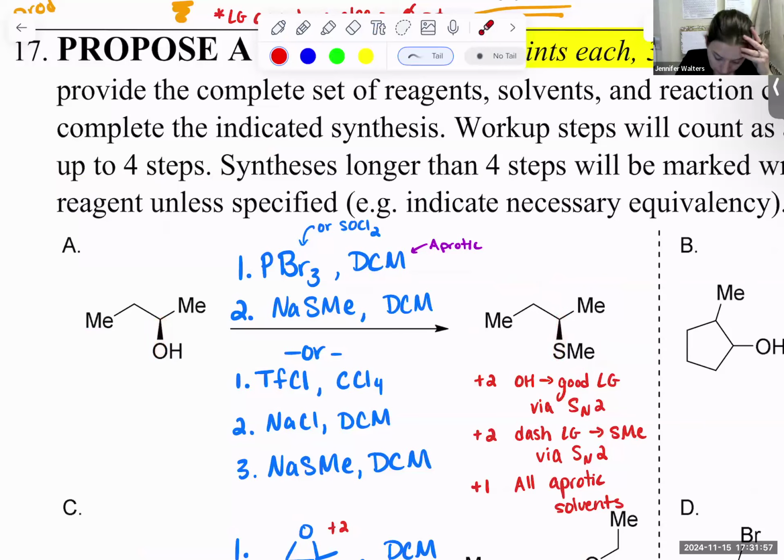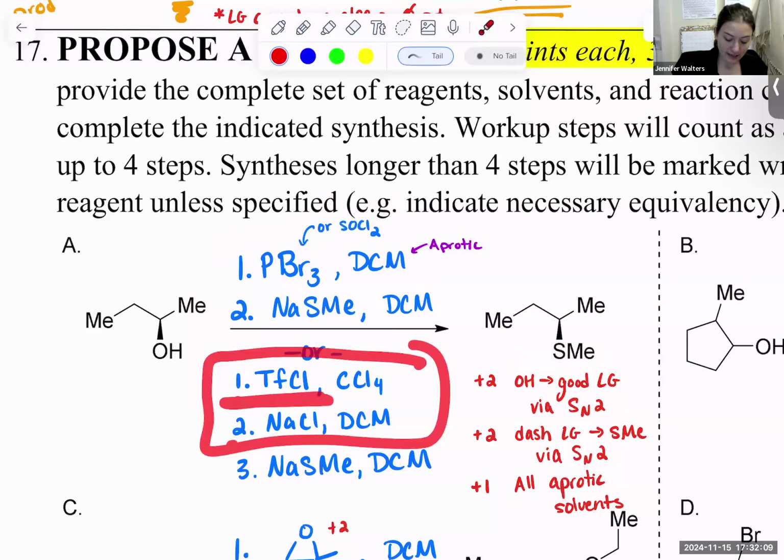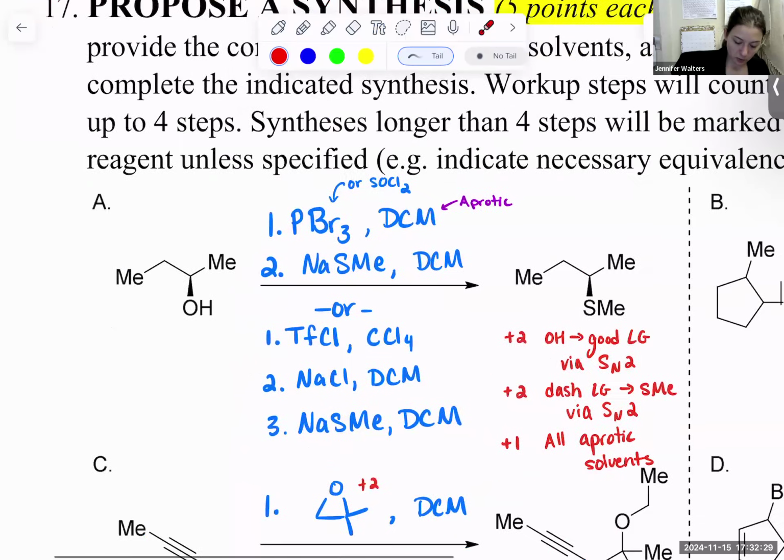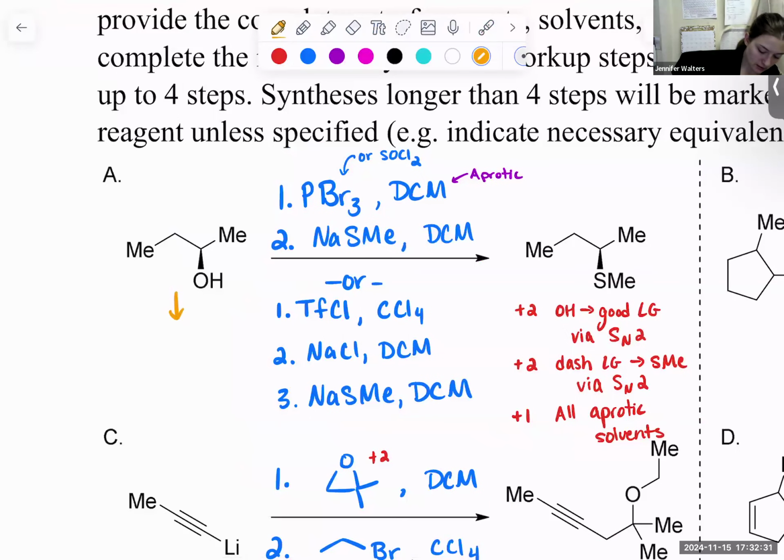So looking at that, I wanted you to do that OH to a good leaving group via SN2, either by using your phosphorus tribromide or thionyl chloride, or turn your alcohol into the sulfonate and then do that sodium chloride or sodium bromide or sodium iodide. Then that's what got you 2 points: either recognizing a good leaving group to then do the substitution, or using your one reagent that immediately does the SN2 reaction. That was the 2 points. Then the other 2 points,